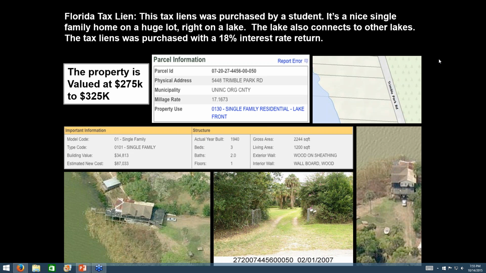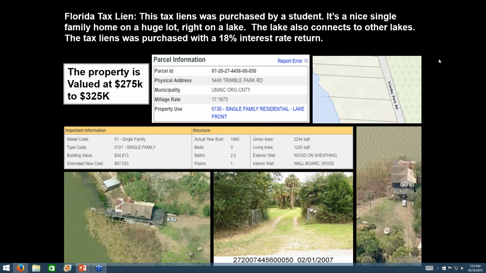Now in Florida, the foreclosure is actually handled by the county. This is one thing that makes Florida such a good state to start tax lien certificate investing in if you don't want to worry about doing a foreclosure. If you don't want to try to find a law firm or some type of attorney that can do the foreclosure for you, unless you live within that area and are able to do it, then Florida is a good state at least to get started with, because essentially what you do is you fill out a deed application with the county.